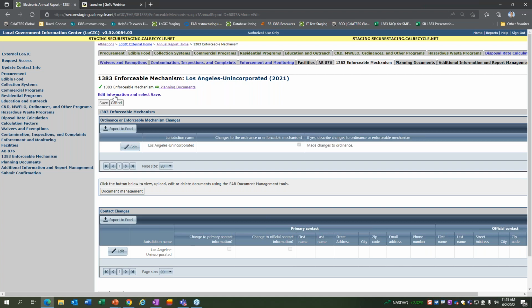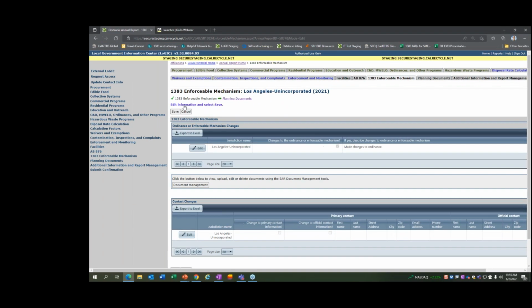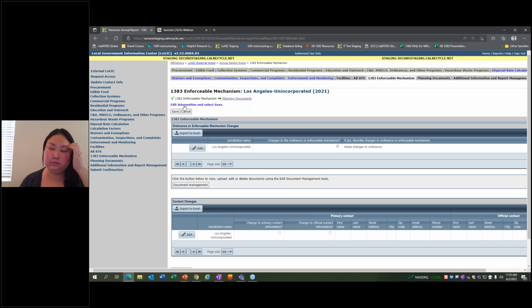And I'll mention that we are in the process. We're still processing those April 1 reports. So far, we have renamed and uploaded over 1,000 documents to Logic for jurisdictions on those. So if they were submitted on April 1st, we have them, and any additional ordinances that were submitted after April 1st, if the ordinance needed to be changed, we're still working up to those, but we have copies of stuff. So if it was sent to the SLCP mailbox in April or sometime after, or to the staff person who may have sent it there, we should have a copy. So there's no need to upload an additional one unless you have a whole new thing that's different by the time you turn this in October,